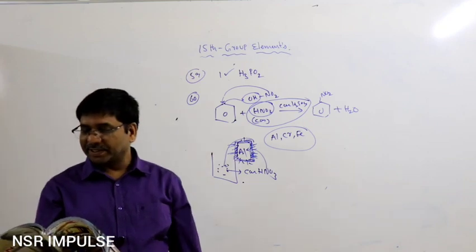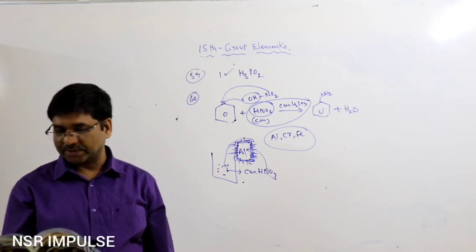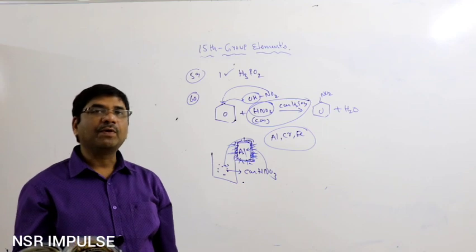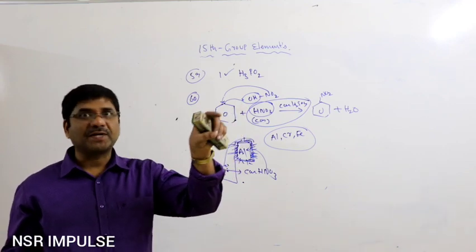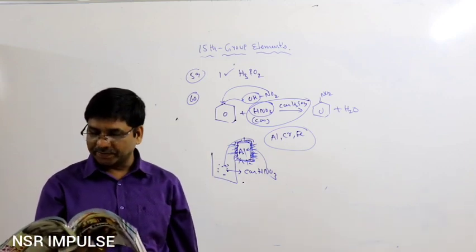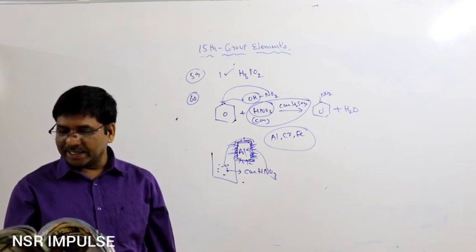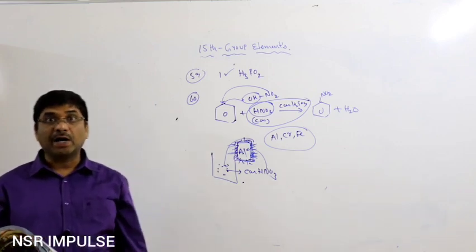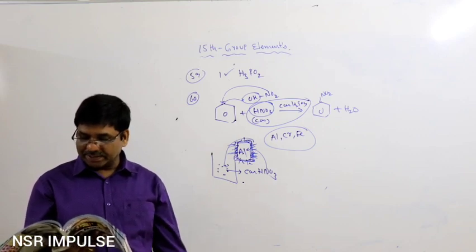Next, question number 62. The industrial preparation of nitric acid by the Ostwald process involves which compound? The ammonia compound, oxidation of ammonia. Remember, 4 moles of ammonia react with 5O2, meaning oxidation of ammonia. Next, question number 63. What is the catalyst in the Ostwald process? Platinum gauze. Question number 64.